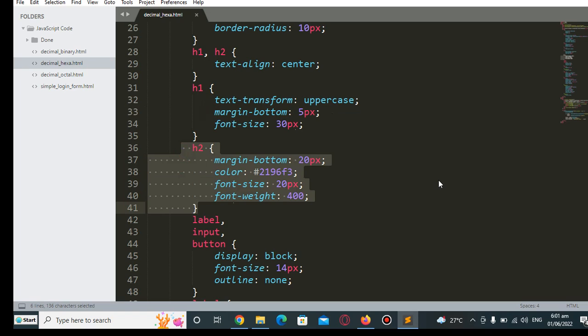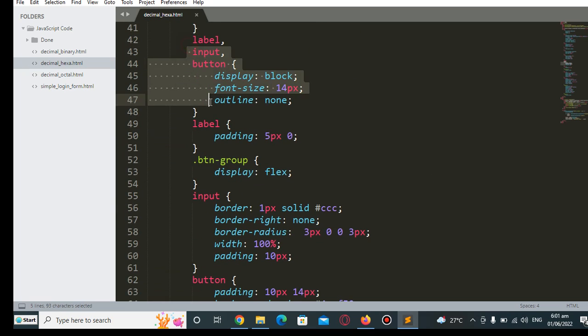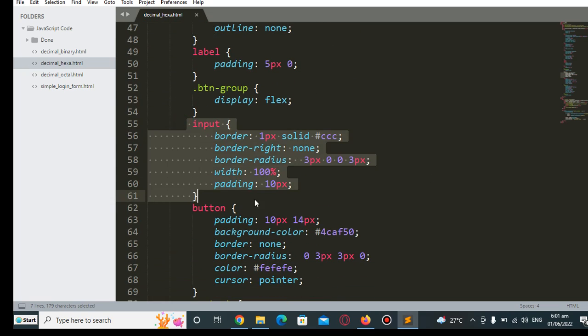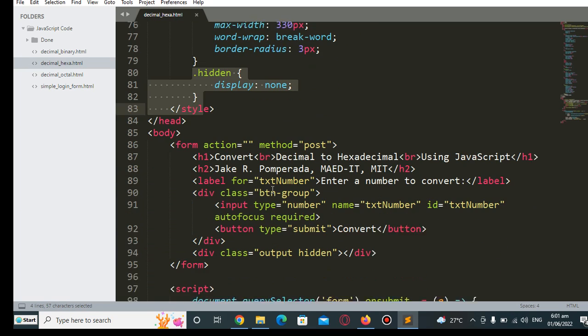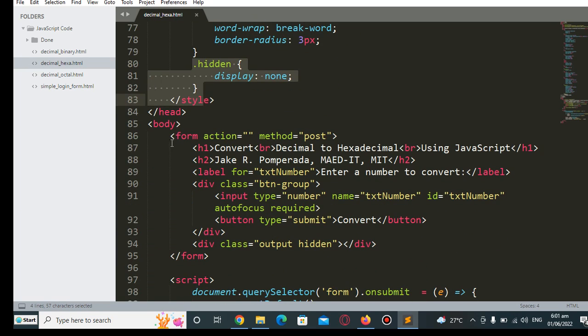Header 2 also has property values: margin-bottom, color, font size, and weight. And then we have the label, input and button, output and hidden. And then we have here the body, form action, and then the title, Convert Decimal to Hexadecimal Using JavaScript, created by yours truly, Pomperada